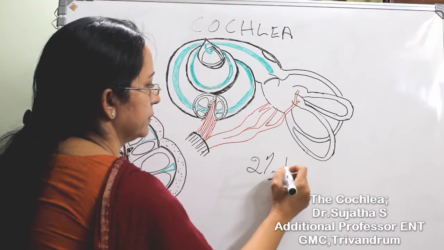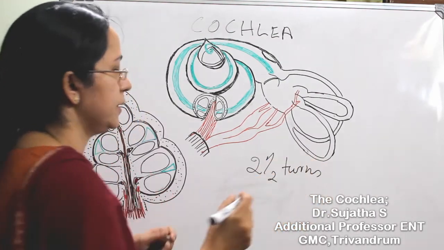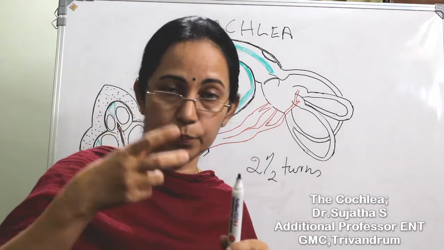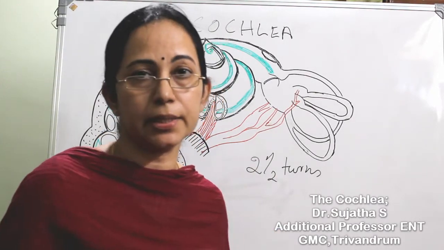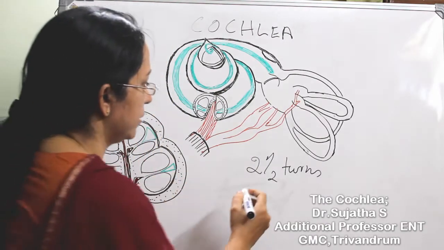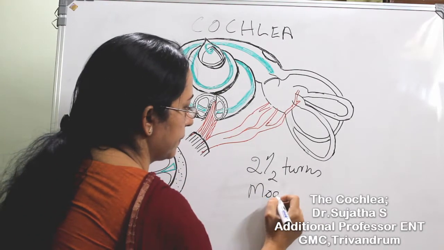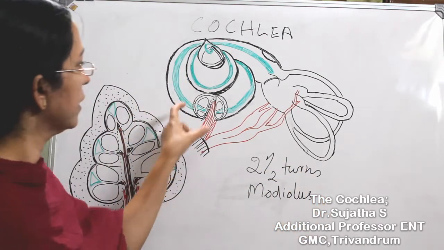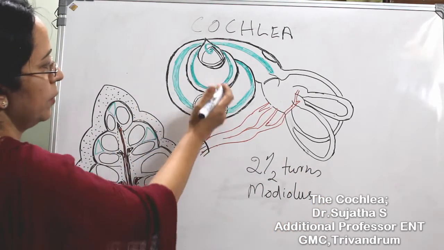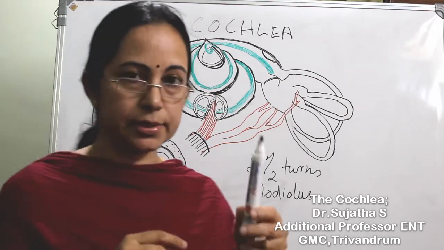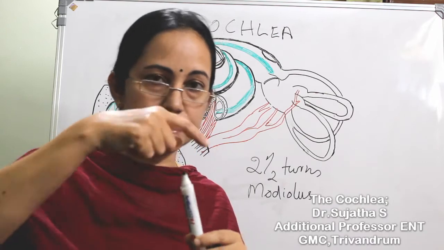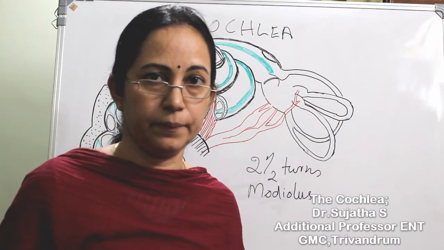2.5 turns. And the central tube is made up of bone. It is pyramidal in shape, and that is called the Modiolus. Okay, so this is a Modiolus actually, and around the Modiolus this cochlea is wound 2.5 turns, and if